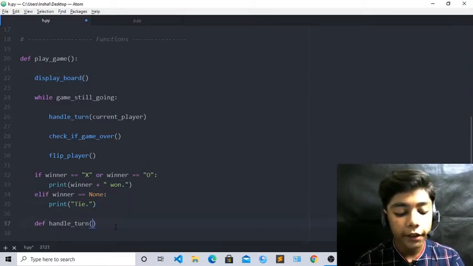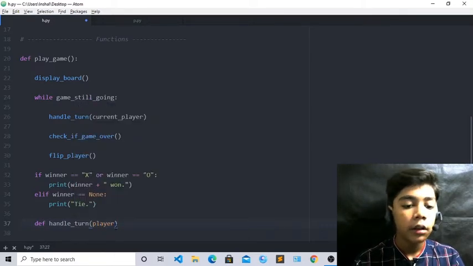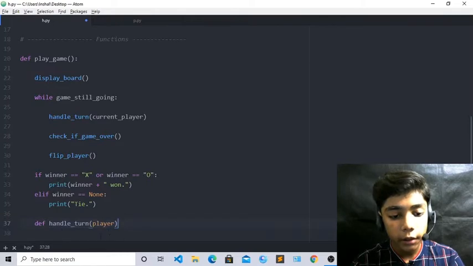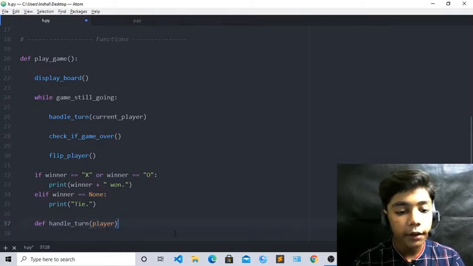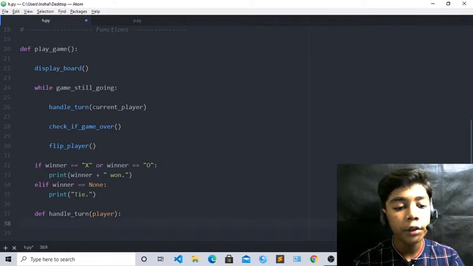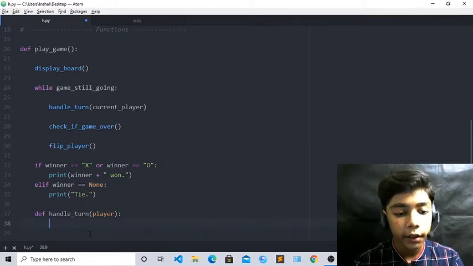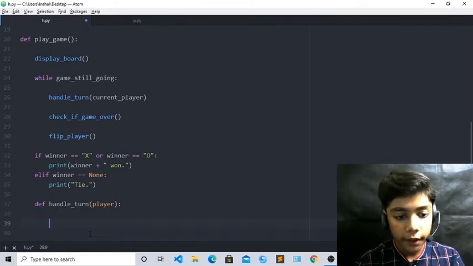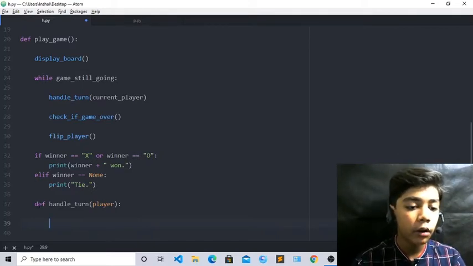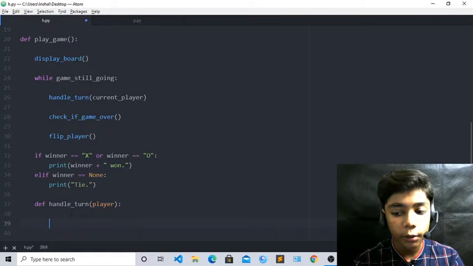Now you have to write here like player. Now you can see this def handle_turn, which is player, because we have defined player in this bracket. So when you have written this def handle_turn, which is player, now you have to write this sign here, and now come over here. It will be again, now it will not be handle_turn, or it will be player, or we will not define our handle_turn or player here.